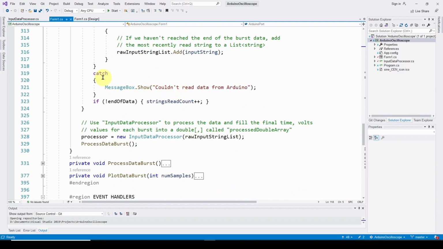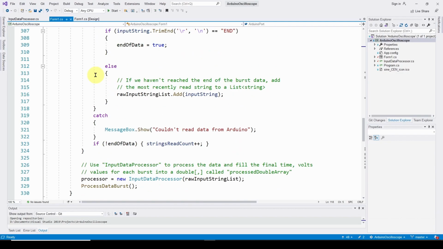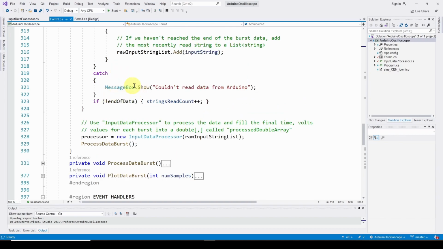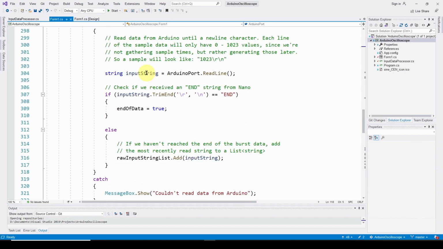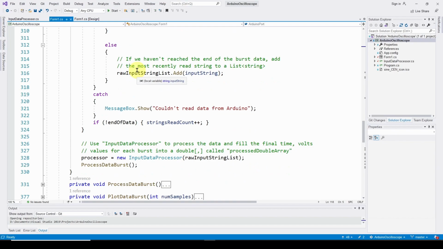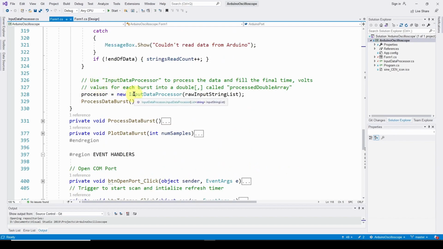If it couldn't read data, this is a try, so we're going to have a catch. We're going to have a message box: couldn't read data from the Arduino, okay? And if not end of data, just increment the number of strings that we've read and go through and do it again. Now, if we are done, we are going to call the input data processor, but first we need